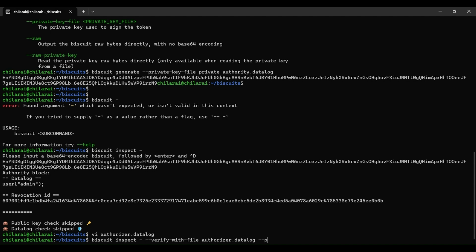You see, we will be needing a public key here, because the Biscuit token has been signed with our private key. And the Biscuit ecosystem actually works with the public,